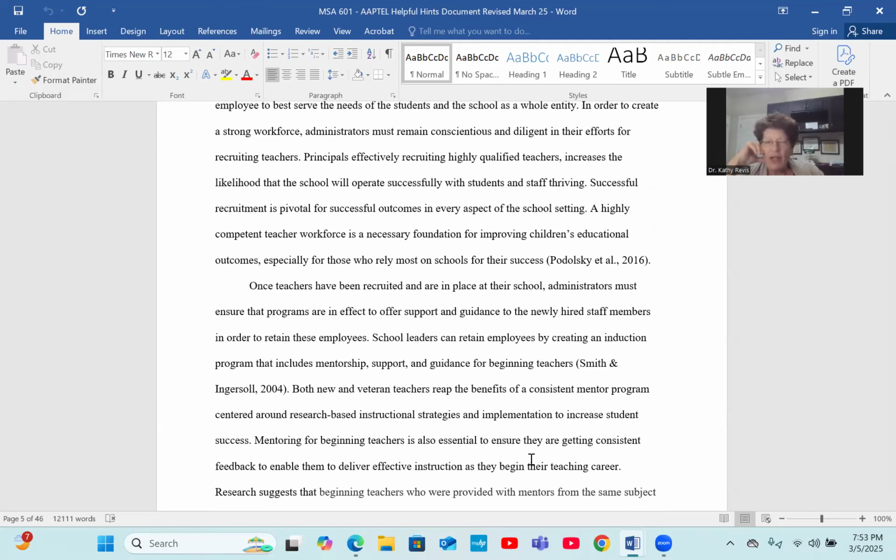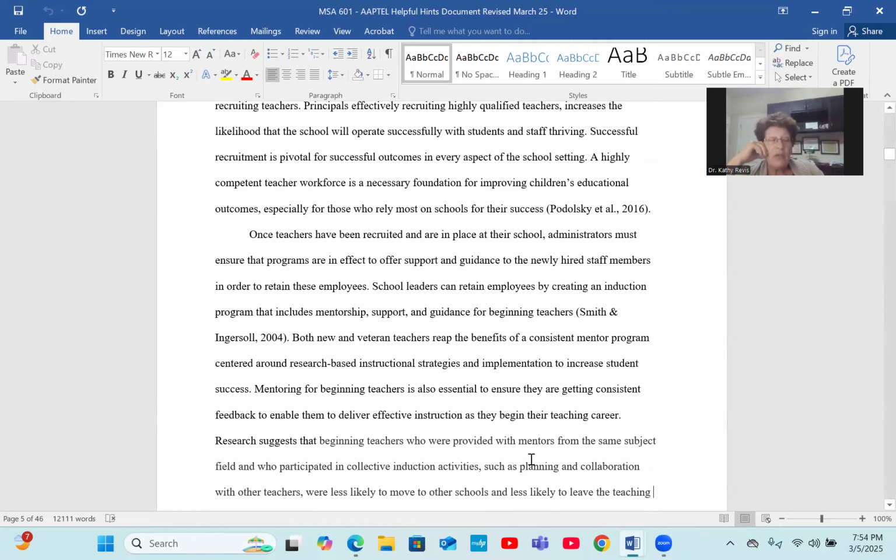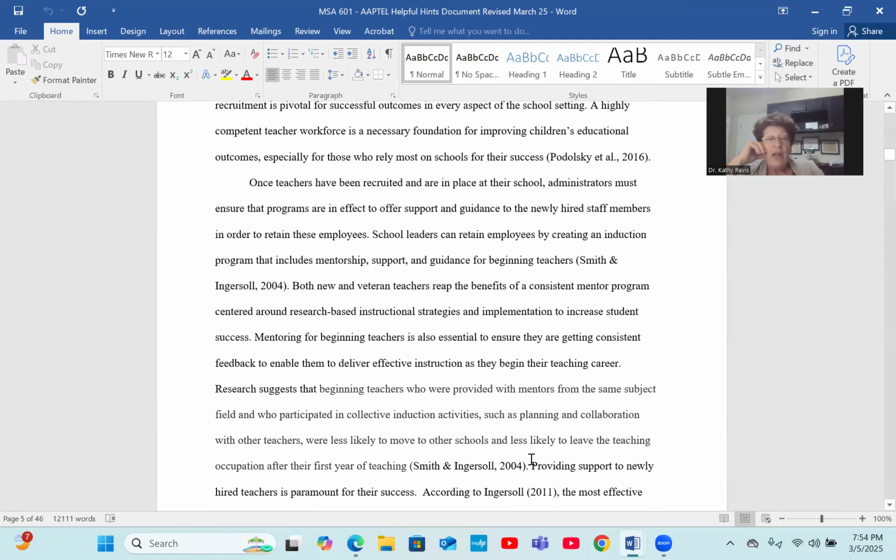Making a new hire, it's huge. Dr. Hamilton can tell you all about it. She's done it every day, and she now is at the district level doing it. And if you just fill a position just to fill a position, you'll spend more time with problems and trying to get them to move on. So don't just fill a position just to fill a position.